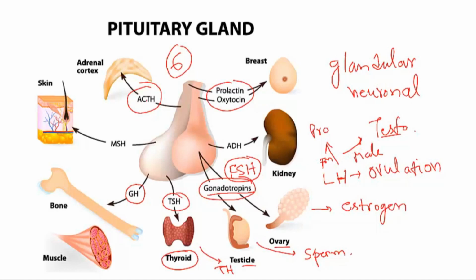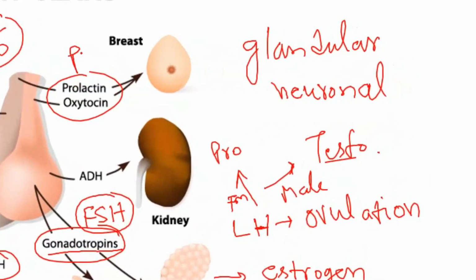Now ACTH, adrenocorticotropic hormone, targets the adrenal gland, the adrenal cortex region actually, and it causes the secretion of glucocorticoids, which will be required for the stress response in our body, which we will see later. And the growth hormone targets most of the body tissues to stimulate the metabolism and also for the cells to grow and divide. Okay. And then prolactin,